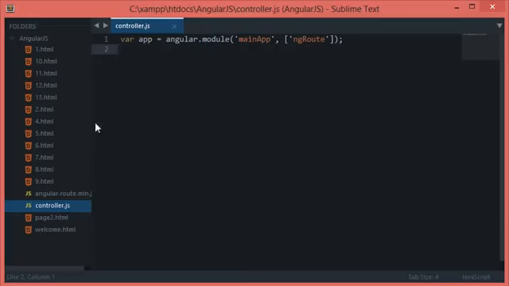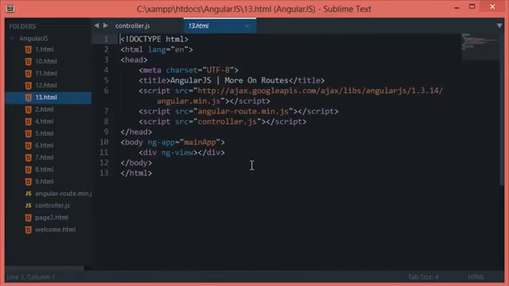Alright everybody, welcome to your 13th AngularJS tutorial, and in this tutorial we'll be working more on routes in AngularJS. Now in the last tutorial we discussed how AngularJS routes work and what you need to do to set up your first AngularJS route. And we do that inside the configuration of our app, which in this case is main app, and we specify